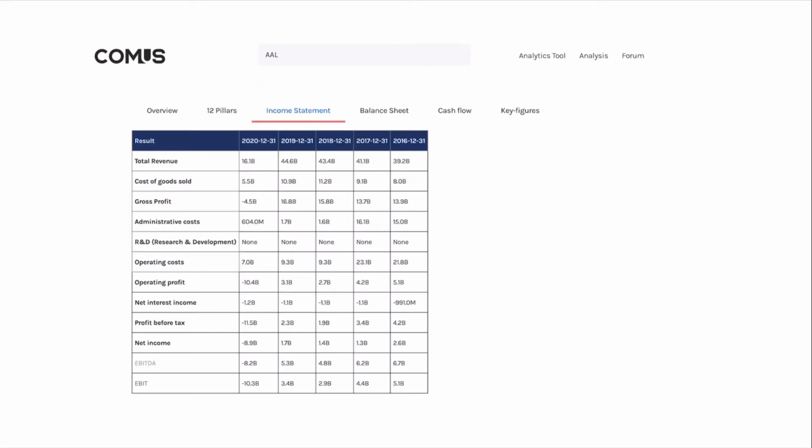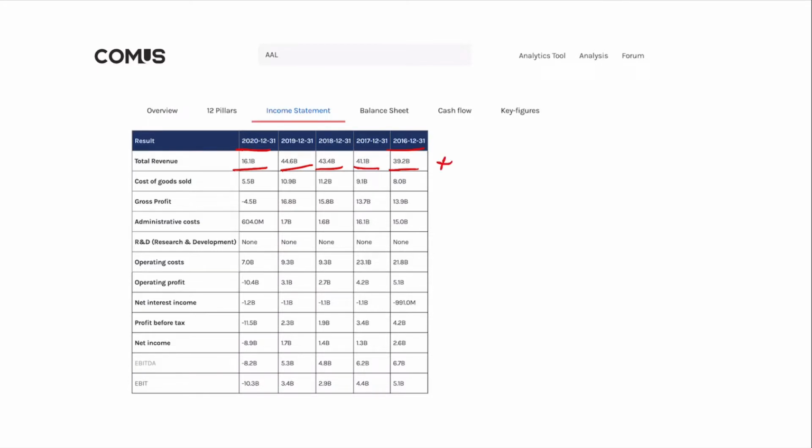But let's jump over to the income statement. And what we can see from the income statement is that the total revenue in 2016 landed on $39 billion. And in 2020, we went down to $16.1 billion. But we can tell that we grew a couple of years, which is positive, but the last year, due to pandemic and the economy shutdown, we see that traveling fell and also the revenue affected by that. But overall trend is positive.